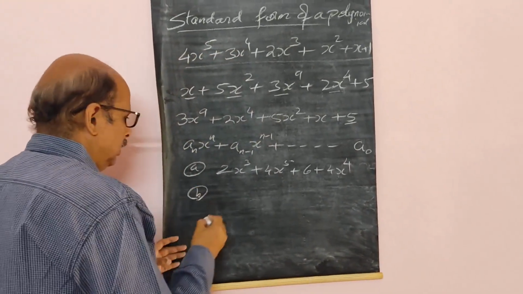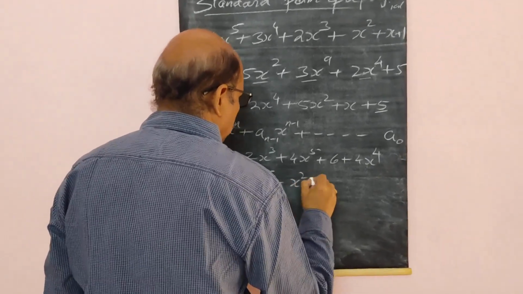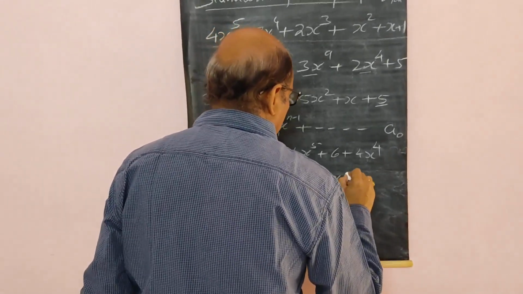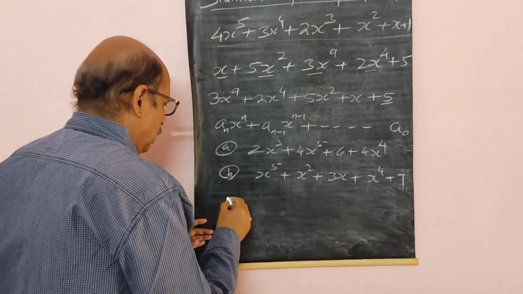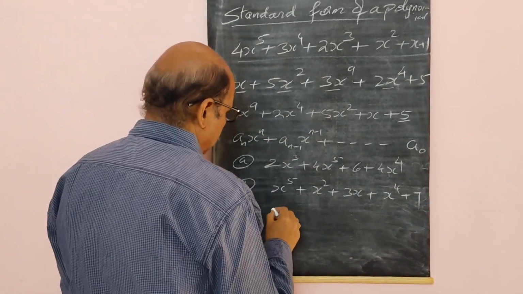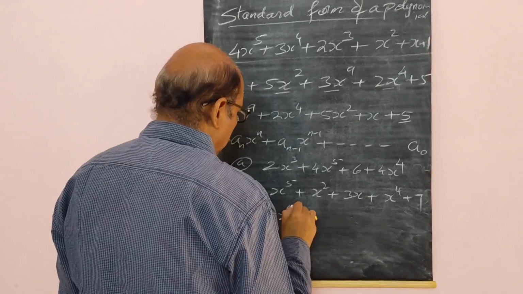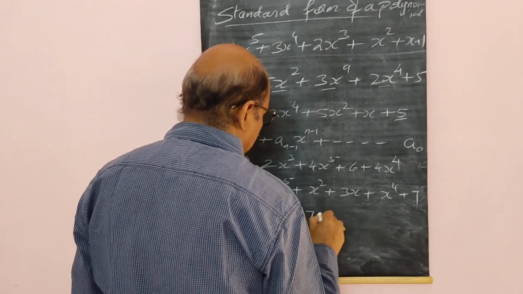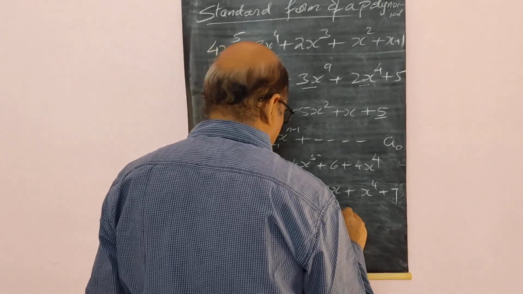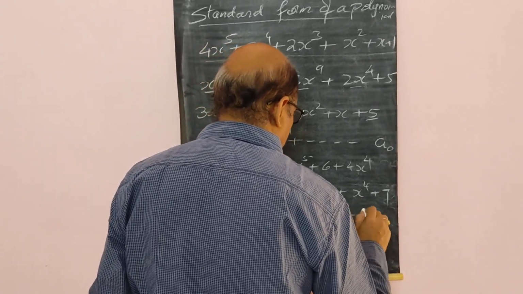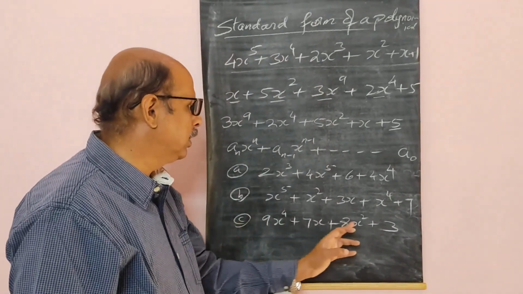Second one, x raised to 5 plus x raised to 2 plus 3x plus x raised to 4 plus 7. C, 9x raised to 4 plus 7x plus 8x square plus 3. So if any power is not there, you simply see here 4 is there, then